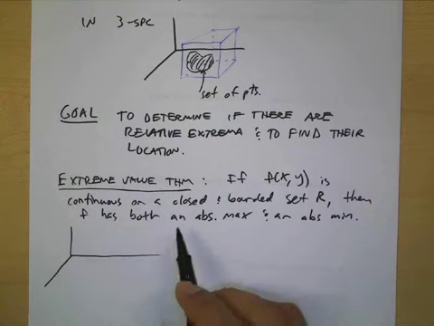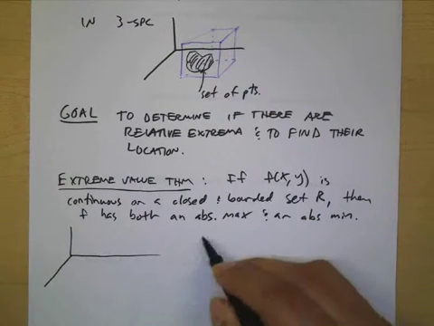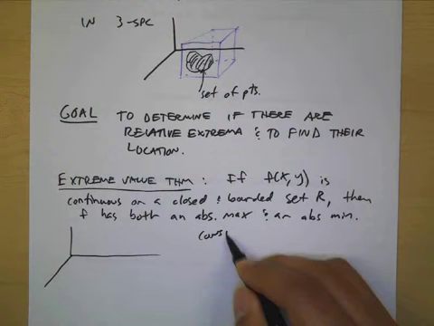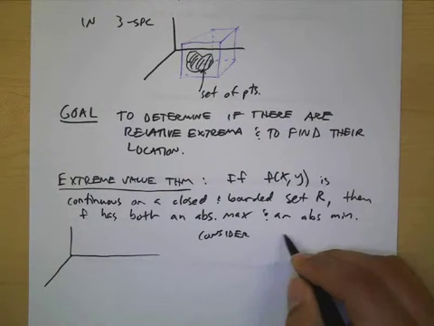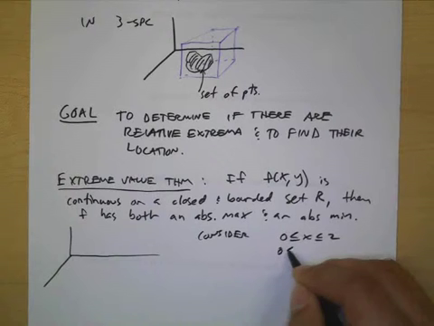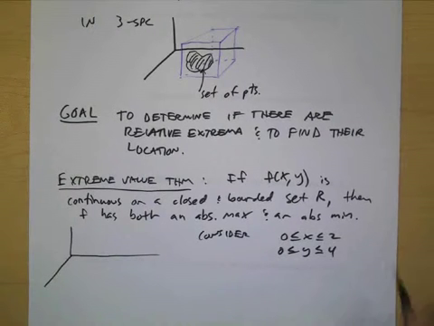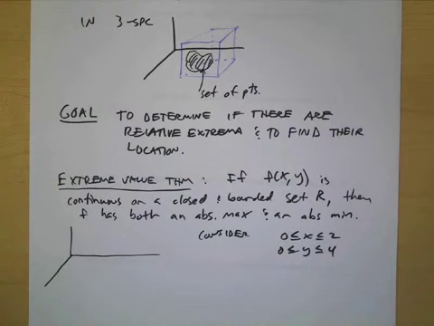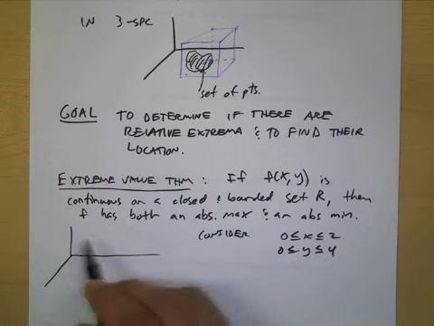So going back to what we talked about earlier, let's say we're on the set, so consider x being from 0 to 2 and y being from 0 to 4. And let's say over here,